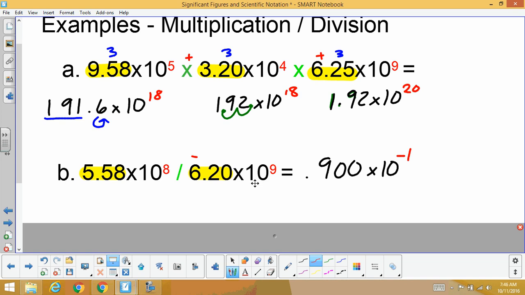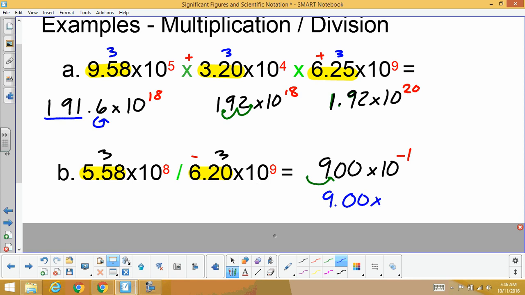We don't have correct sig figs yet, and we haven't corrected the scientific notation. Looking at this, 3 sig figs, 3 sig figs. Our answer is already in 3 sig figs, so we don't have to worry about that. It's 0.900. Now, it is not correct scientific notation because that's not between 1 and 9.99, which means we have to move the decimal over 1. And since we're moving the decimal over 1, our number is now